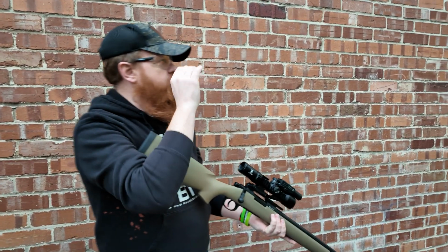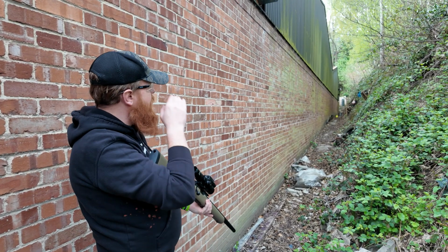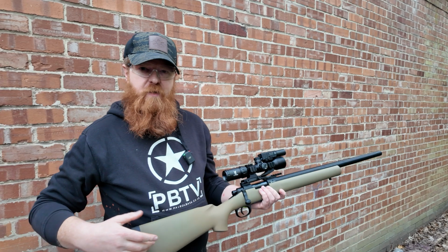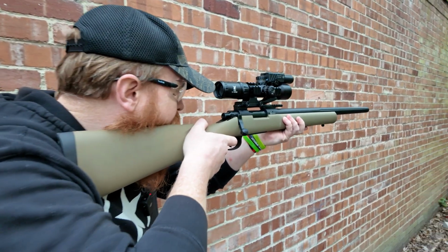So we're going to take some shots at our far target. We do have the man-sized target about 65 metres, and we do have about an A4 target just in the trees at about 70 metres. So we might take a couple of pot shots at that. So at our 65 metre target,